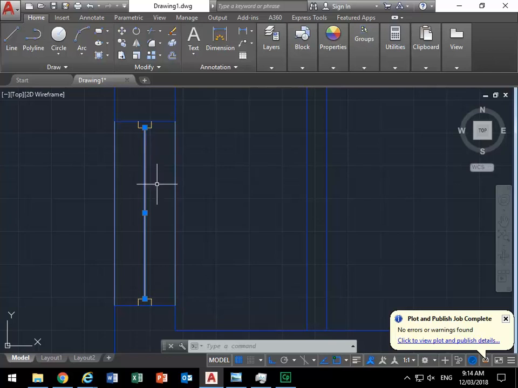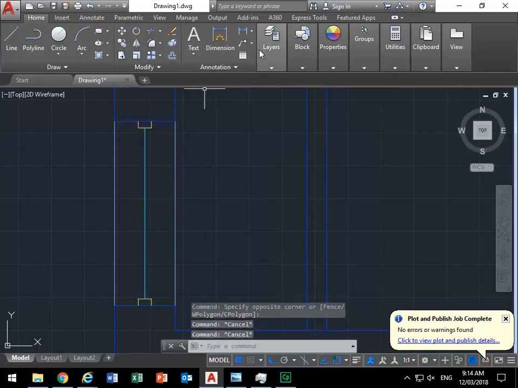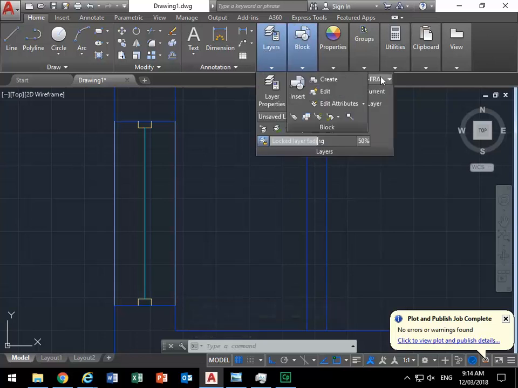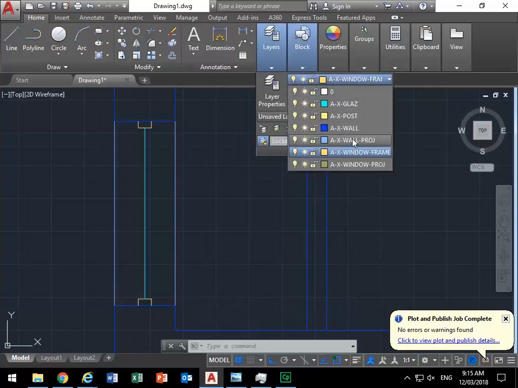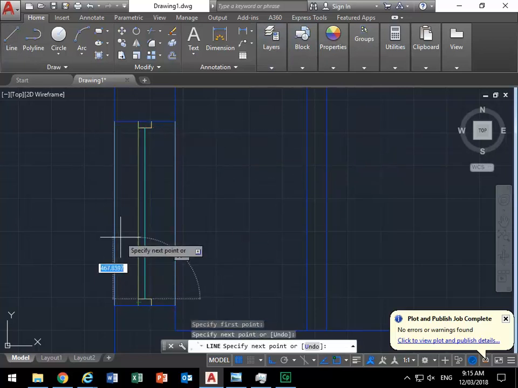The actual glass is only one line. Yes. Oh yeah, just one line. That's right. Yeah. And you give the thickness with a line weight. So I'll set that to glazing, and then we'll draw a new line. So I'll change to the window projection layer, draw my lines,